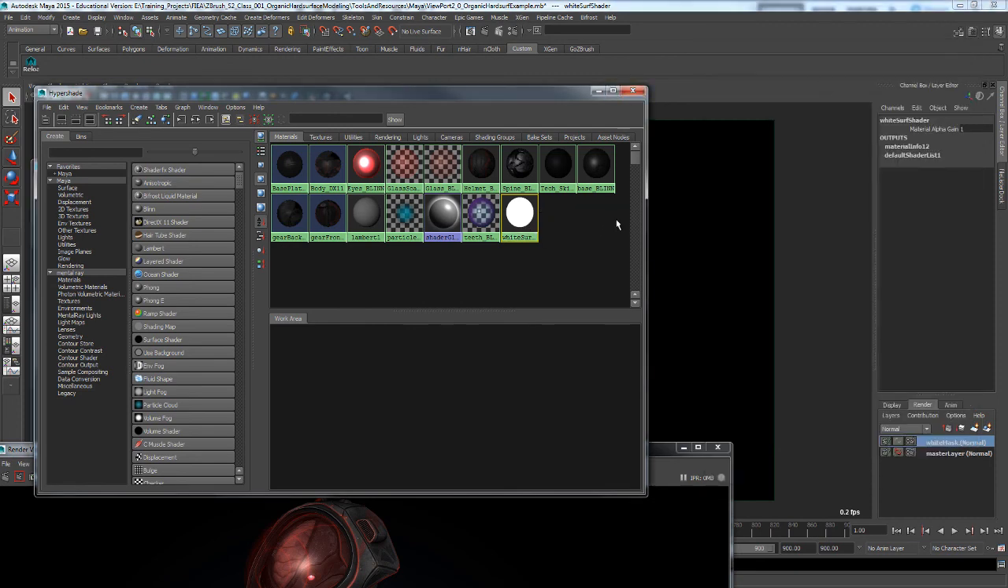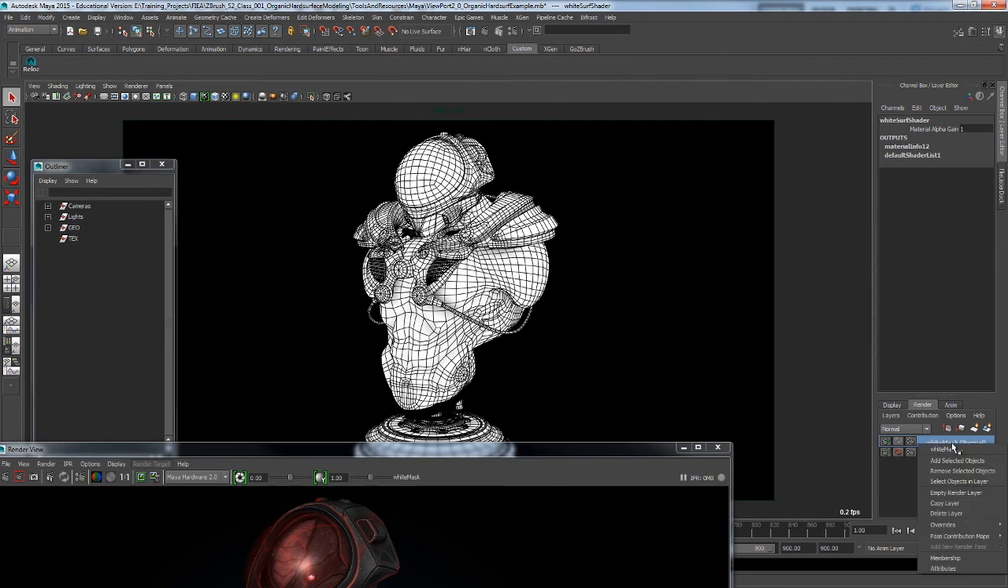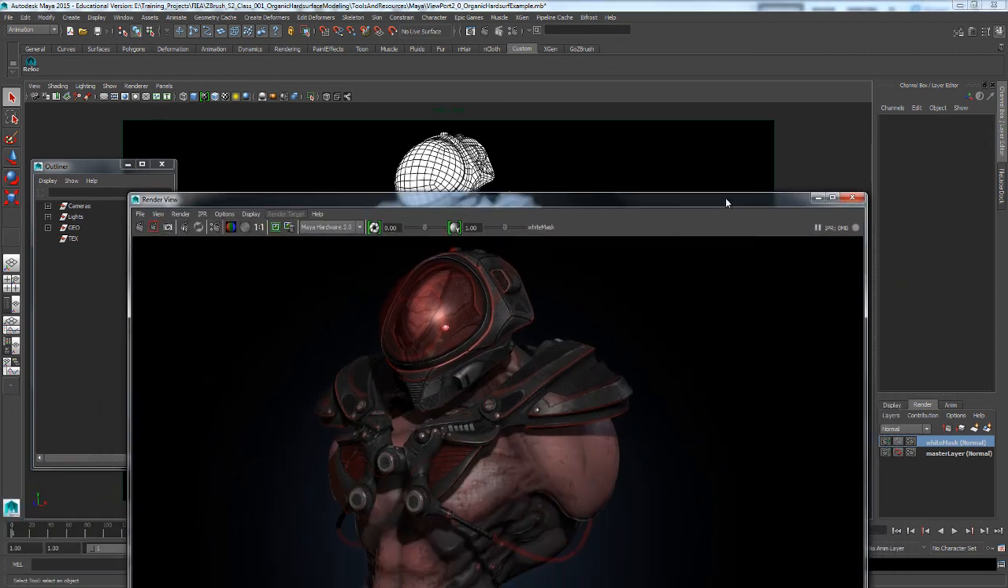Once the shader is made, you can right click over here and say overrides, and say assign existing material override, and you can find the thing that you made. I called mine white surface shader. So that's what's assigned to it. So you can see now whenever I render